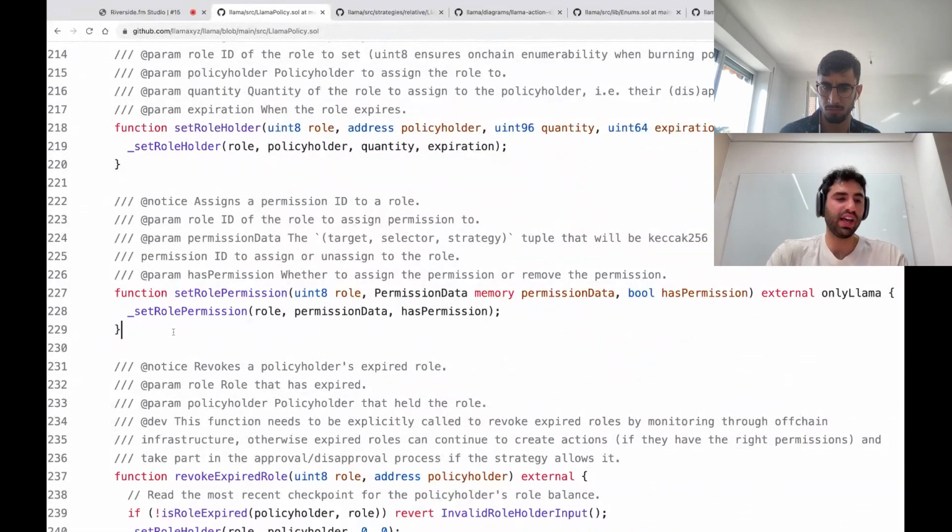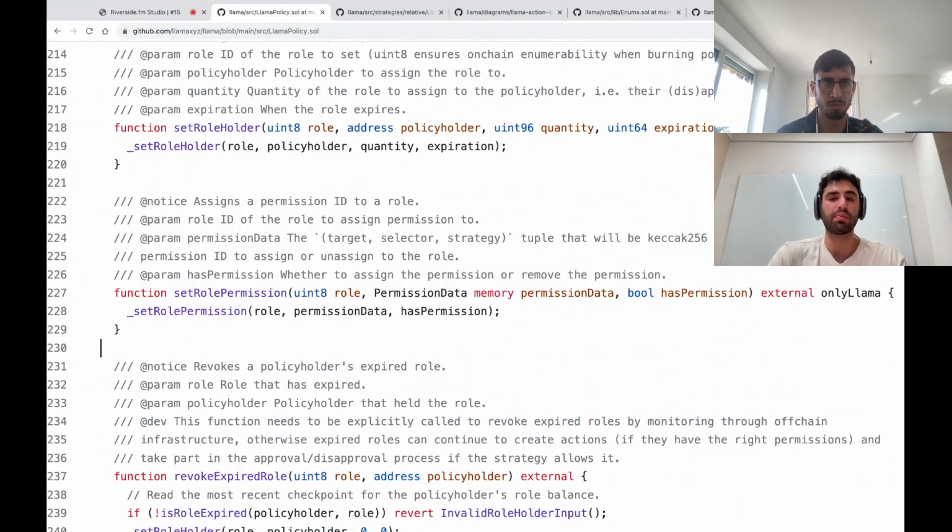Well, you do that by using your Llama instance. Maybe you have an operations team, or maybe token holders can do this, but you set up the permissions. You define both a strategy and who has the permission to propose that action. So maybe the operations team can propose setting a new permission for a role, and the strategy is that you need an 80% buy-in from the other operations team members.